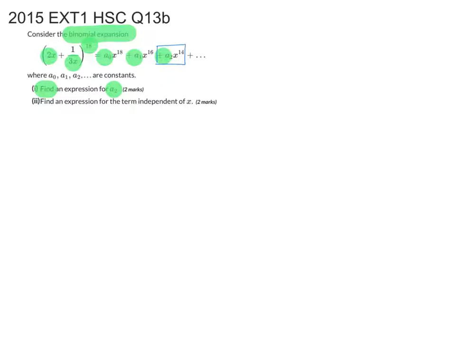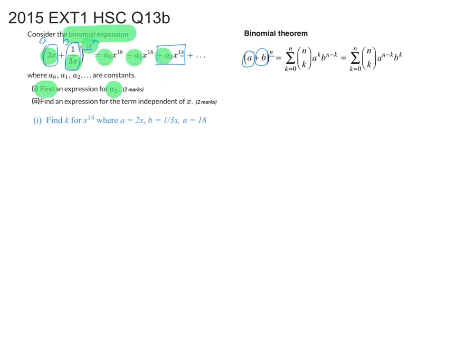above. This is a very similar question to the first question we looked at, but instead of requiring us to equate to a power of 0 for x, we need to equate to a power of 14. So by looking at the reference sheet, this time our value of n in our expansion is 18. Our a value is again 2x, and our b value, which is this time positive, which helps, is 1 on 3x. So we'll begin the same way as the last question by finding the general term